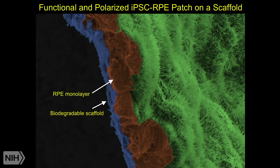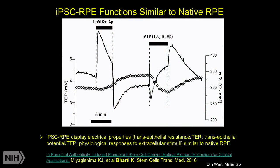And not only do we show that by structural assays, we have extensively functionally characterized these patches, and this is one example of a kind of function these cells can perform. So these are epithelial cells, and I mentioned that they have tight junctions between neighboring cells that form the outer blood-retinal barrier, and because of those tight junctions, they have what is called transepithelial electrical resistance. So what I mean by that is, if you put an electrode on top, one on bottom, you pass current, cells would show a resistance to the flow of current. And that resistance is an indication of maturity of cells. So we can measure that resistance as, in this case, several hundred ohms per square centimeter,